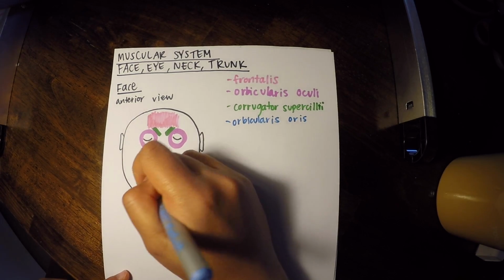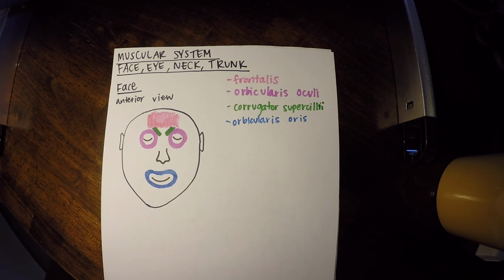Now, another side note is there are a lot of face muscles that we're not reviewing. We're just reviewing some of the main ones. All right, and remember orbicularis oris helps with a blowing or kissing motion. Now you have one other muscle that helps with blowing, like if you're going to blow birthday candles out, etc. And that is a small muscle to the side of the mouth on both sides, and that's called buccinator.